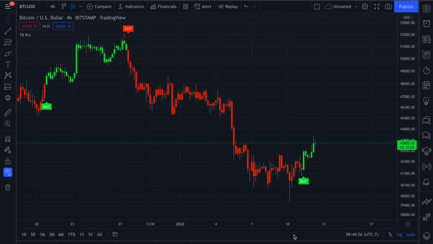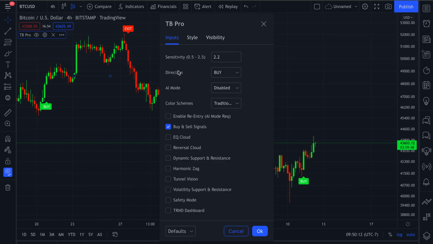These buy and sell signals are, of course, the confirmation signals. These signals are there to confirm trends in the market and be able to help identify for you potential entries in the market. Now, let's go over here and check out the settings tab where we can find the direction